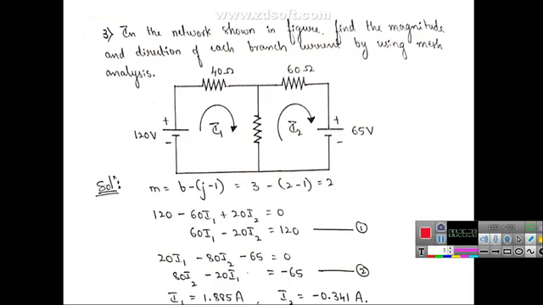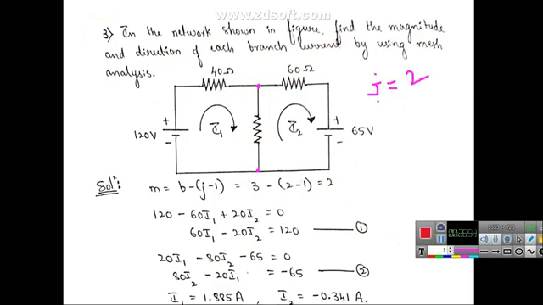Okay, the first step is to find the number of junctions. How many junctions are there in this? This is one junction because 3 elements are joined. This is another junction, 3 elements are joined. This you cannot call a junction because only 2 elements are connected. Here also you cannot call it a junction, because only these 2 elements are connected. Therefore, for the given network, the number of junction points is equal to 2.